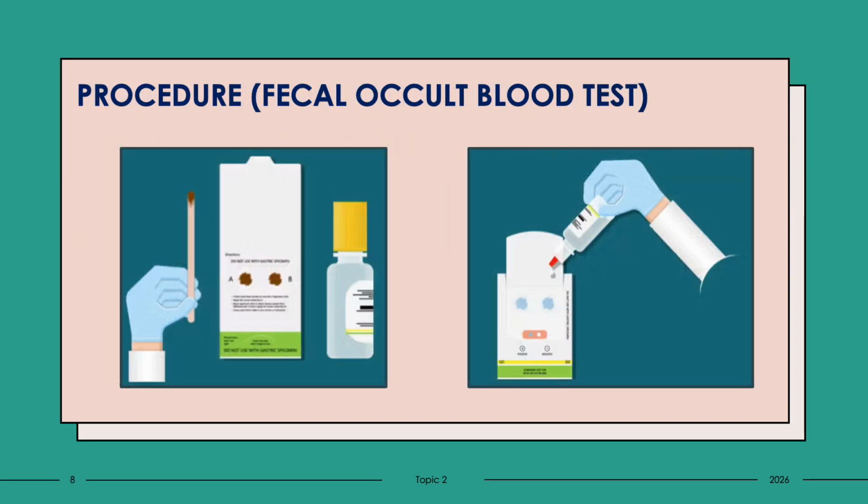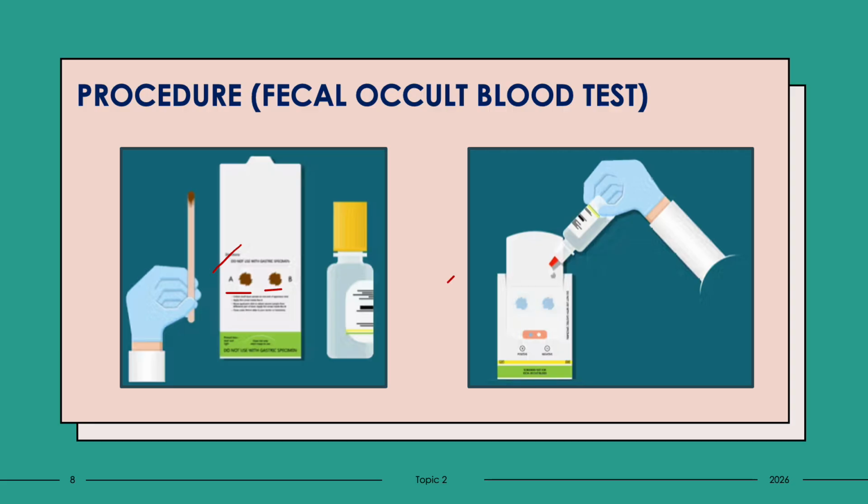So here is the procedure for the fecal occult blood test. You'll be receiving a test kit which has two sides. The front side contains the specimen window. There are two windows, specimen A and specimen B, so you can fit two different specimens on this test kit. Using an applicator stick or a spatula, grab a small amount of stool sample and smear it on the specimen window, and then close it down.